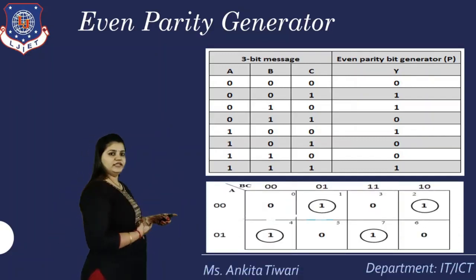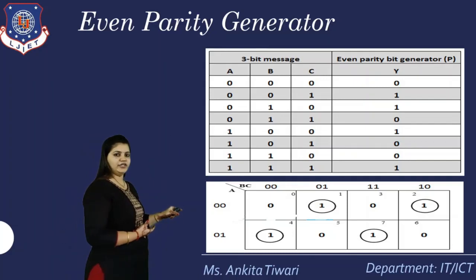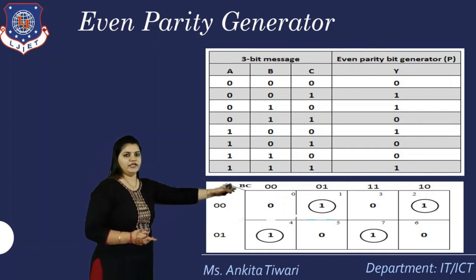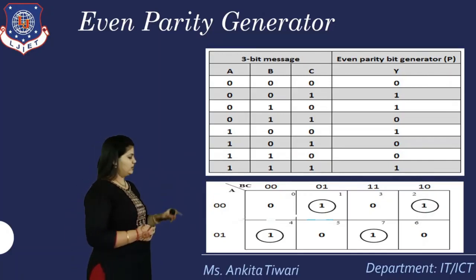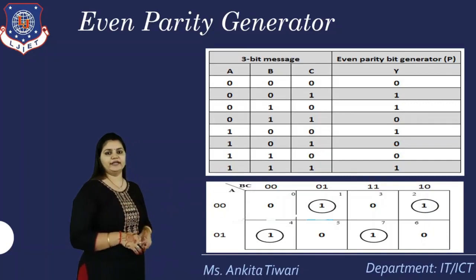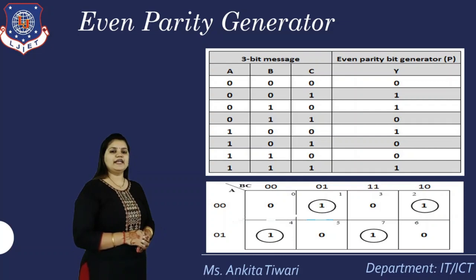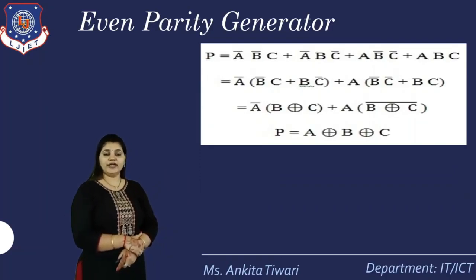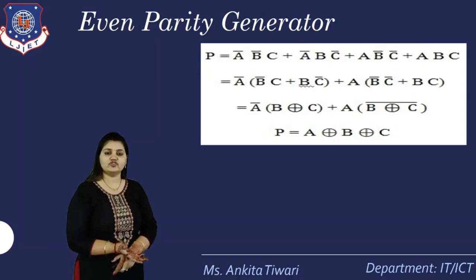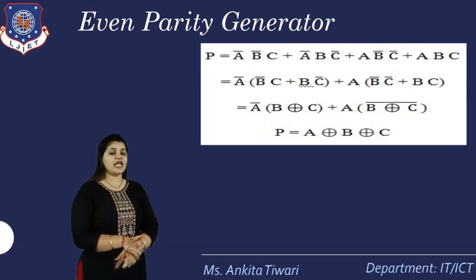Now here, from the table itself, we'll put this in the K-map in order to reduce it, and we'll get the equation of parity bit. So here we'll put the 4 conditions where the Y value is 1. But here, as we are going to reduce it, the values are not reduced because no pair is being generated. That means each and every individual term we are getting as an equation. So here we'll get P as 4 inputs, but 4 terms can be generated in the form of any XOR or XNOR gate. So here we have taken the gate as XOR gate.